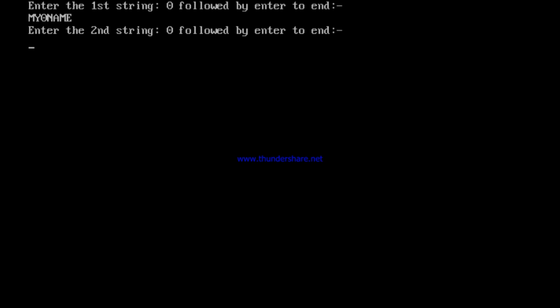When you are starting to scan the second string, you enter the second string, then you put a 0. As soon as you press a 0 and press enter, it will go out, it will start scanning, and while scanning it will scan I and S and find the 0 and come out. But before scanning I and S, NAME is a part of the buffer. So it scans NAME, enter is a part of the buffer, it scans the enter, then it scans I, then it scans S, then it sees the 0. See what it will show?